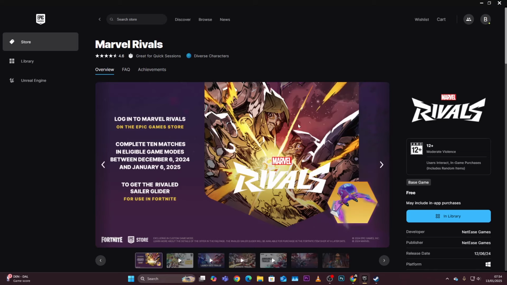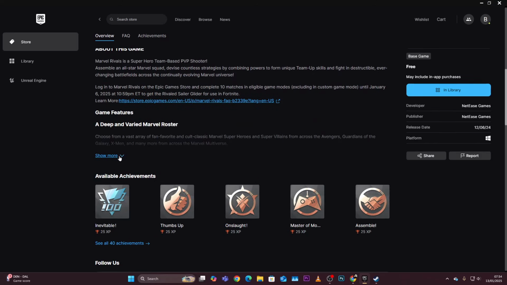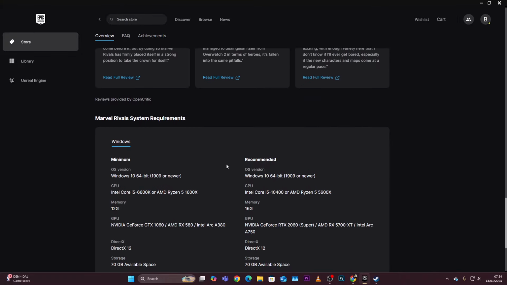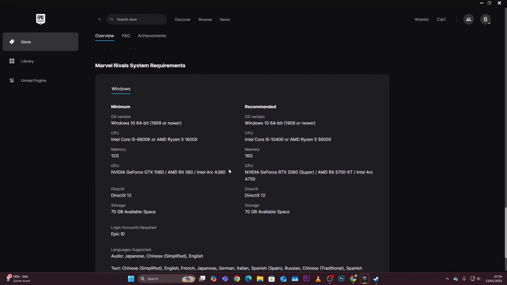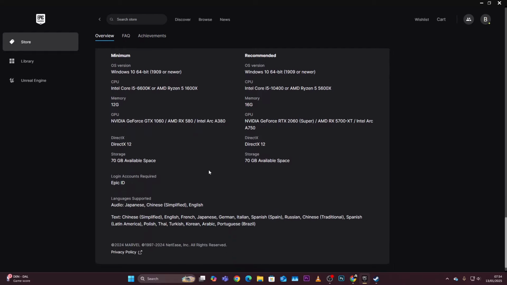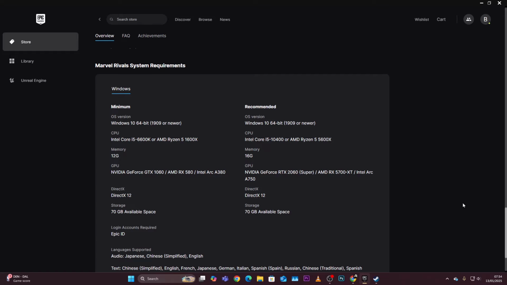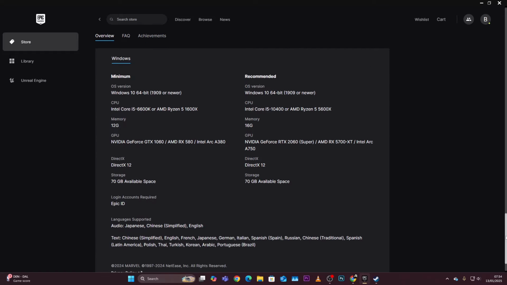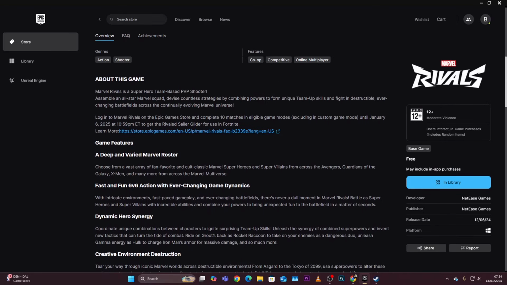So at this page, you can see all the details about the game and ensure that your PC supports the Marvel Rivals system requirements. So check on your PC or scroll down until Marvel Rivals system requirements and see if your PC supports Marvel Rivals. So you can scroll down and find this page and then check if your PC can support the game. Now once you have confirmed that, go back